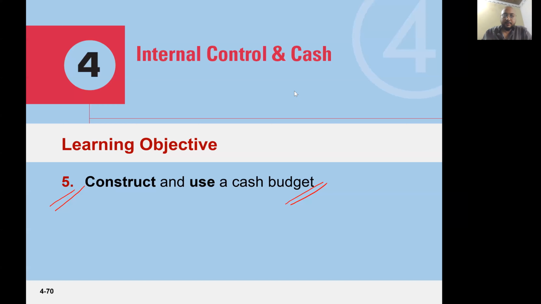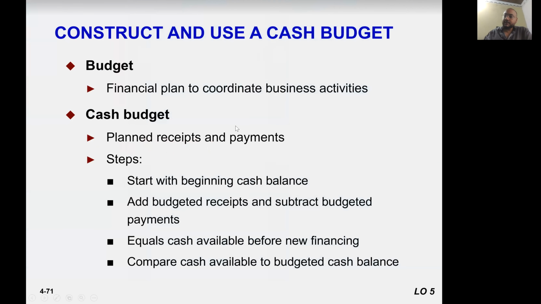Okay, class, welcome back after the break. Now we move to the final section of our topic, which is to construct and use a cash budget. So what is a cash budget? First of all, budgeting is a financial planning tool to coordinate business activities. If we talk specifically about the cash budget, it tells you the planned receipts and payments. So how are we going to construct it? Number one, we start from the